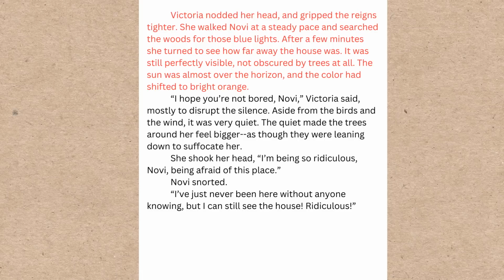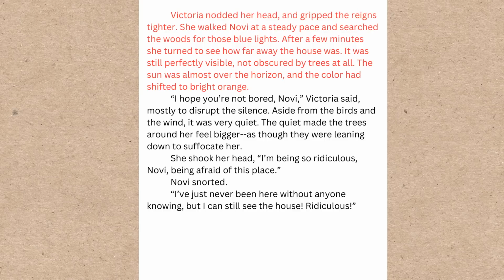"After a few minutes, she turned to see how far away the house was. It was still perfectly visible, not obscured by trees at all." This could imply she's comfortable because she can see the house, or the fact that she's checking at all could imply that she's nervous, so without additional details, the reader's interpretation could go either way. "The sun was almost over the horizon and the color had shifted to bright orange." This feels like maybe she isn't scared because the woods are totally bright now, so it gives sort of a